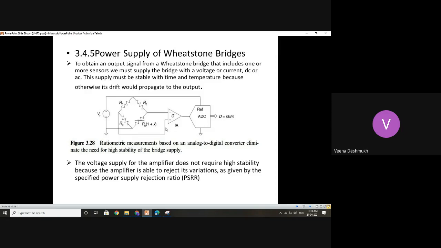conditioning amplifier. If you are making use of some capacitors or crystals, especially the piezoelectric crystals, then capacitance variation is also a variable factor. Under such cases, they are supplied with AC voltages. Otherwise, in most of these temperature measurements which involve RTDs or thermistors or simple thermocouples or any of these resistance variable sensors, it is always the DC voltage.